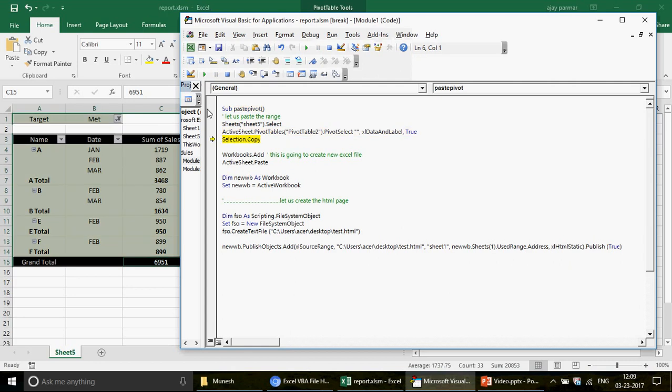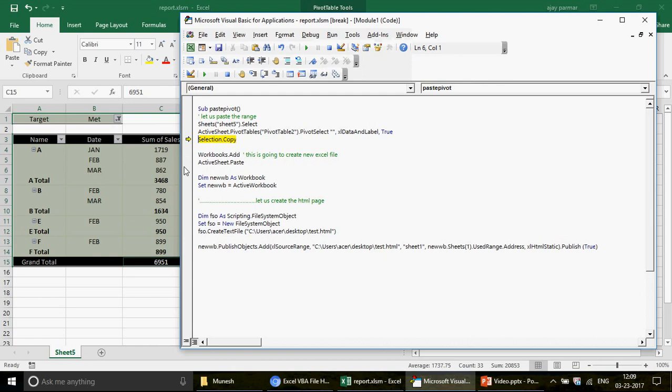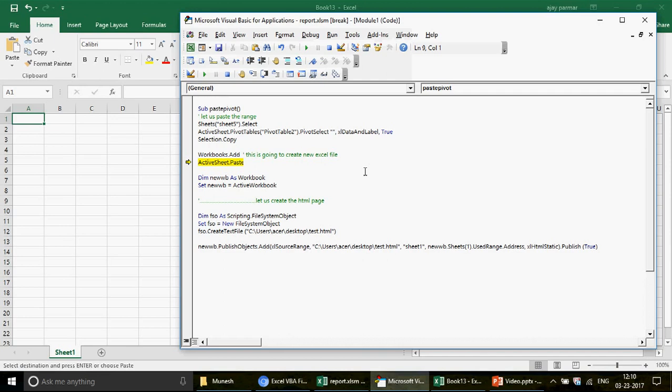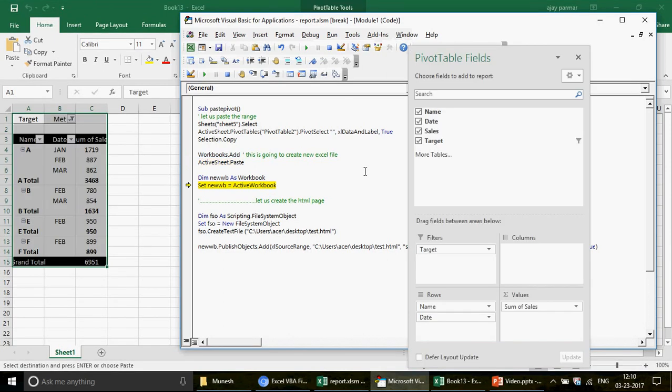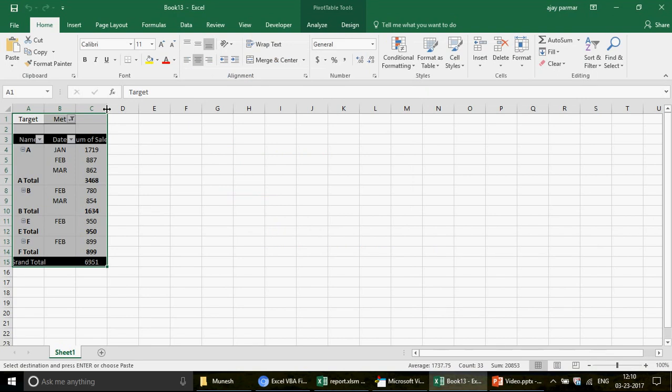You see that in the background it has selected the entire data. It's selected. This is copied as well. Very nice. The workbook is added, and I'm going to paste the data here. Now I leave it to you if you just in case want to always expand this